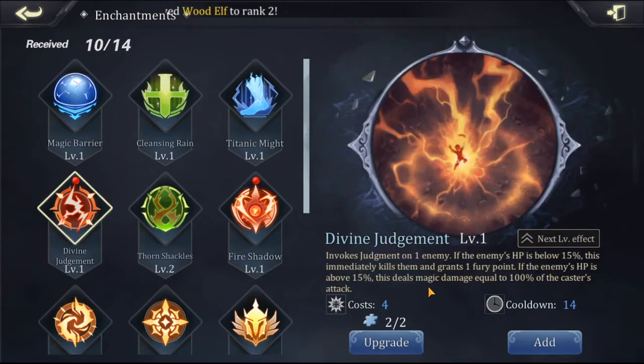Then we've got Divine Judgment. It invokes judgment on one enemy. If the enemy's HP is below 15%, this immediately kills them and grants 1 Fury point. If the enemy's HP is above 15%, this deals magic damage equal to 100% of the caster's attack. So again, you want to make sure who you're using it with. Keep in mind, it could literally just take someone out if they're already below 15%, which I could tell you right now,